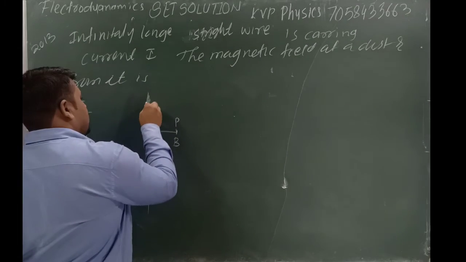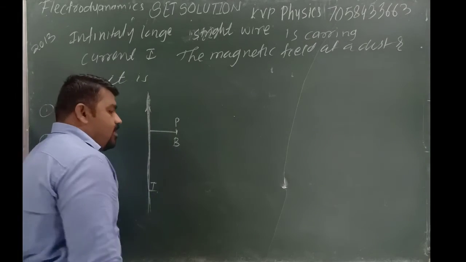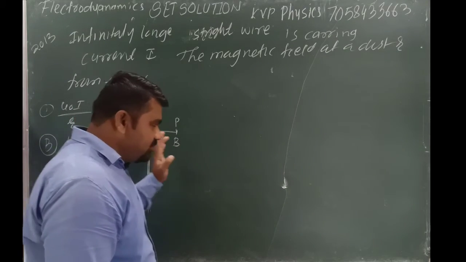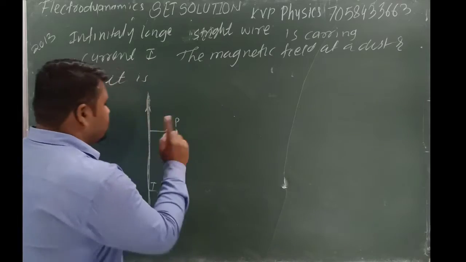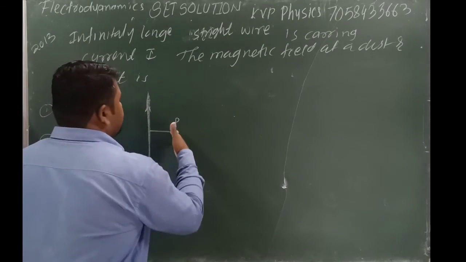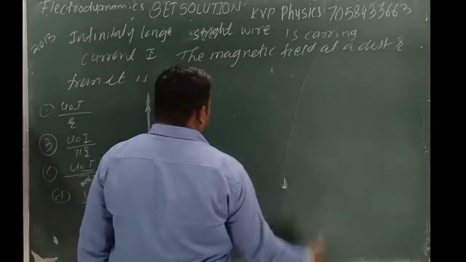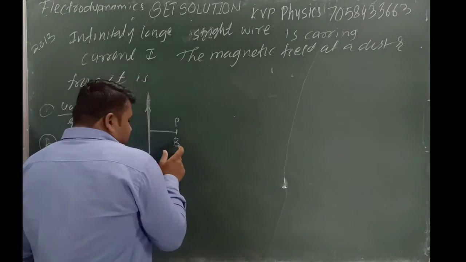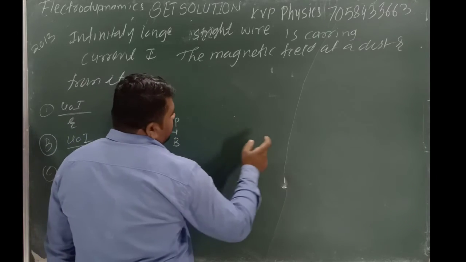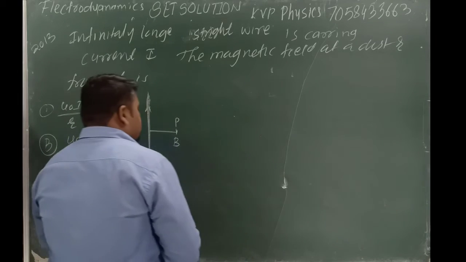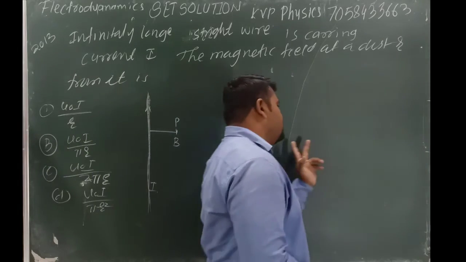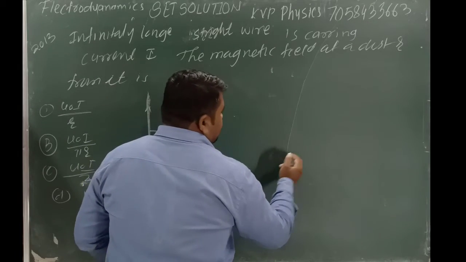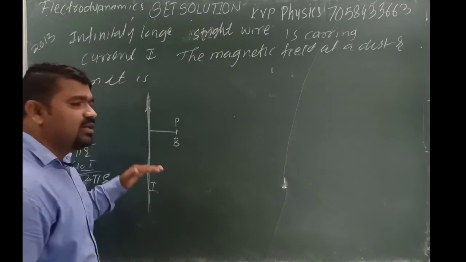Now this one is a wire. This point is outside the body. Distance is varying, magnetic field also varying, yes or no? Flux is created around this one. Suppose we consider points A, B, C. The A point has the larger intensity of magnetic field as compared to B, and B as compared to C. Yes or no? Because this one is distance dependent.